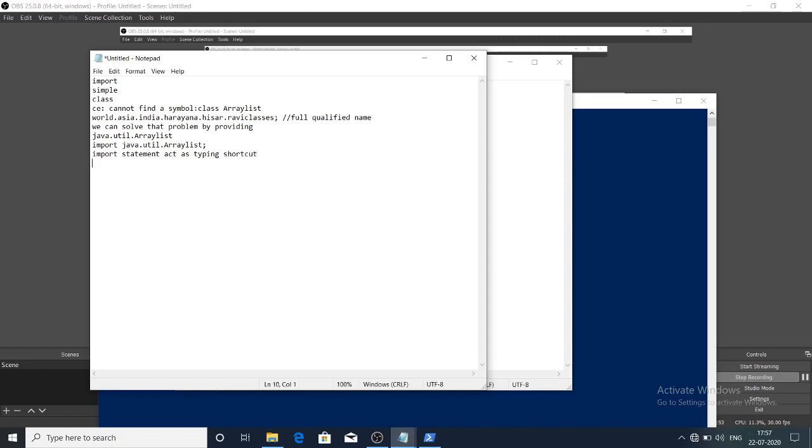Okay, so in this import we have to learn so many things. There are two types of import. I have to cover that. The two imports: the first one is explicit import, and the other is implicit import. Okay, explicit import and implicit import.